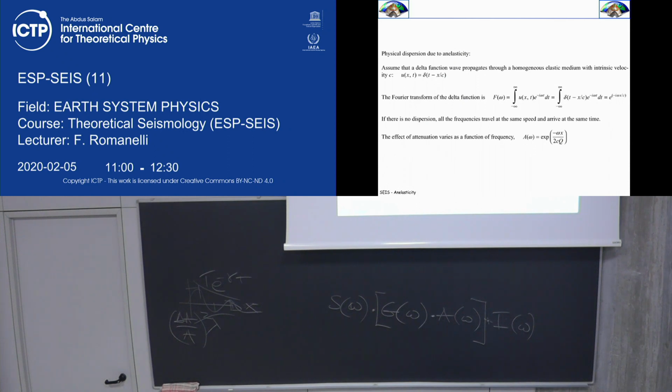By the way, here we can take an important message home, because you immediately notice that the higher the frequency is, the stronger will be the effect of attenuation. And it's very intuitive, because a high frequency wave will sample the medium for more cycles. And every cycle, you're removing a part of the energy. So a long period wave will sample the medium less frequently. So that's why that operator is absorbing high frequencies.